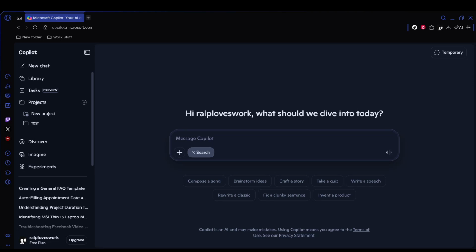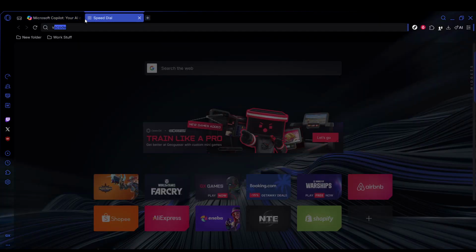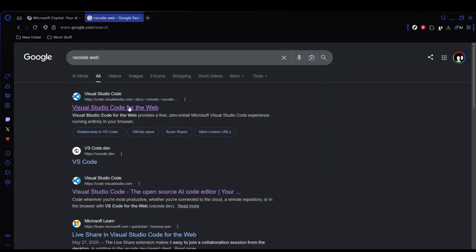In today's video, I'm going to teach you how to quickly check your GitHub Copilot usage and activity in Visual Studio Code. To get started, open Visual Studio Code on your computer and make sure you're signed in to your GitHub account. This is important because Copilot activity and account details are tied directly to your GitHub login. If you're not signed in, some of the options you need may not appear, or they may not show complete